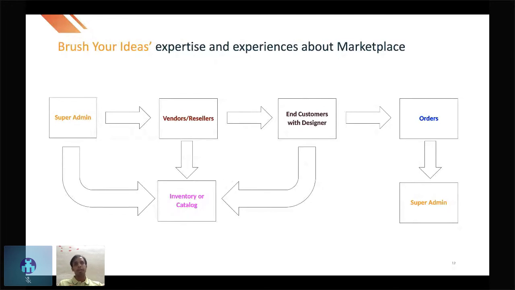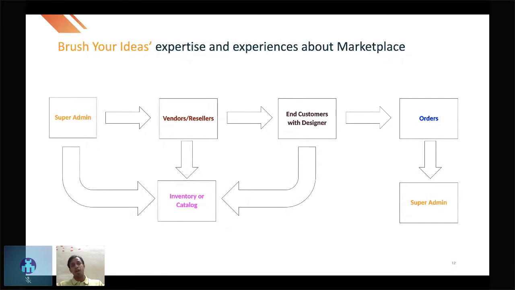The super admin can have their own inventory, and vendors can also manage their own products in a single interface or single system. They do not need to set up multiple different instances for the main owner's website or the vendor's website. They can collaboratively manage a single website, and their end customer, using the designer tool, the Best Ideas tool, can customize the product and then place the order.